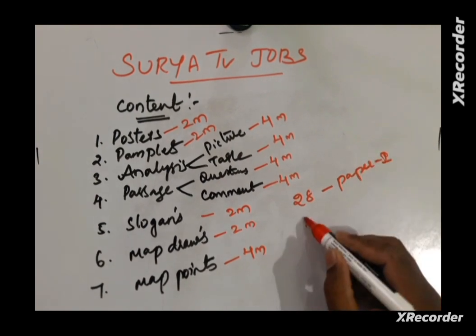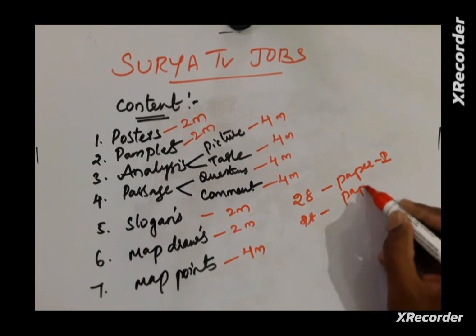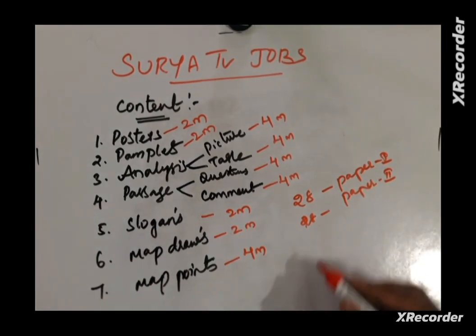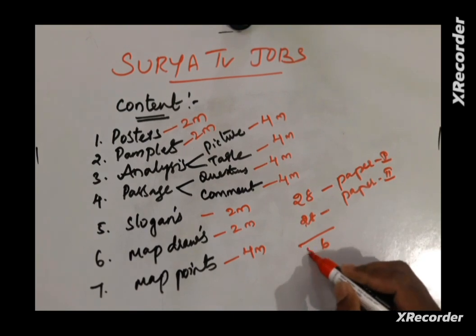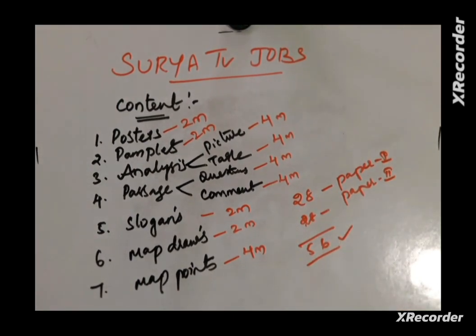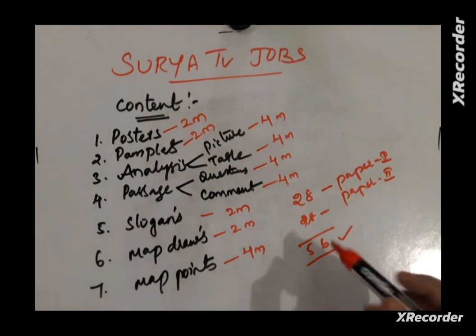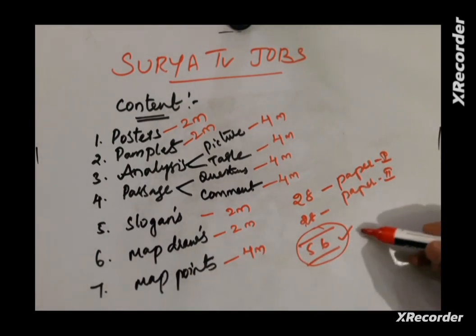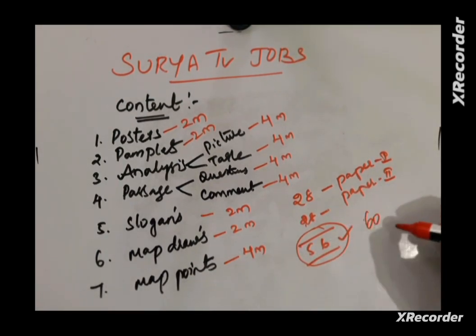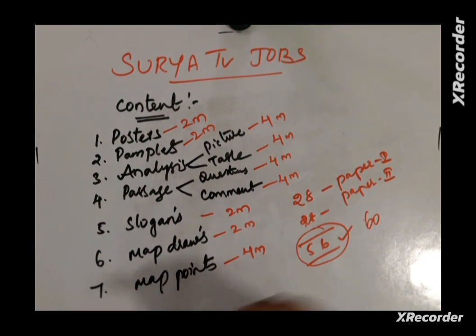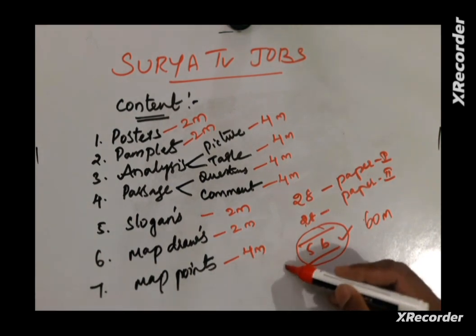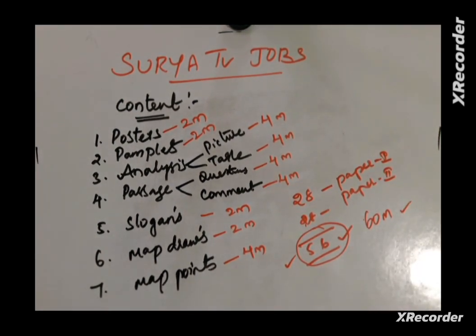At the same time, paper 2 will also have the same pattern of examination. So in total, it is around 56. It means that it is very clear. If we cover this area from the exam point of view, then definitely we can score 60 marks here. What's wrong in that? 56 is nearly 60, isn't it? So our target is to get more marks. Whether 50 or 56, the number is very clear, right?